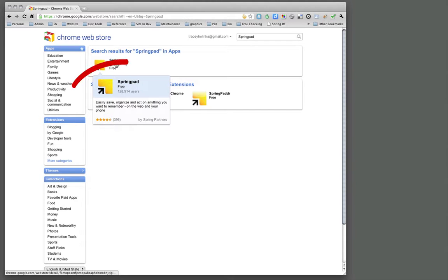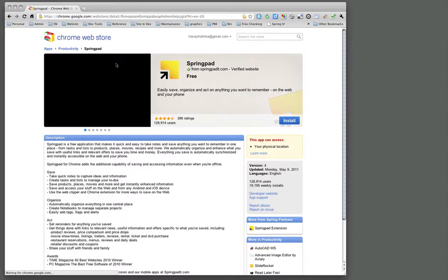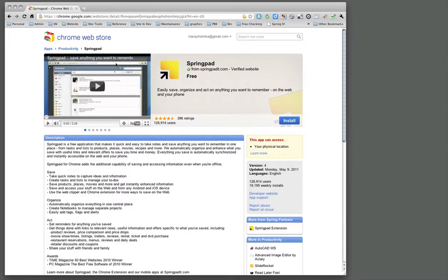So when you roll over the icon, a window pops up giving you some information about the application. In this case, it'll tell you how many people recommend it, which is what the stars are, and then who created it. In this case, Spring Partners, the company that created SpringPad. So I'm going to go ahead and click on that, and then you can see on the right-hand side, it